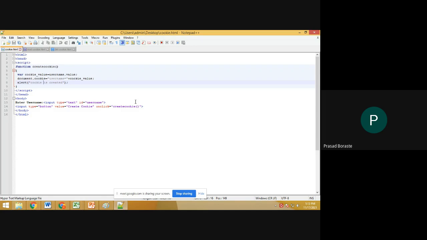For that, we will be using the Date object, which has the following functions: to get the month of the date, to set the month of the date, and to format the date string. So we have some functions to get the month and set the month, which month is going on and which we are going to set. For that, there is toUTCString. This function formats the date in a standard format to set the expiry date of the cookie.